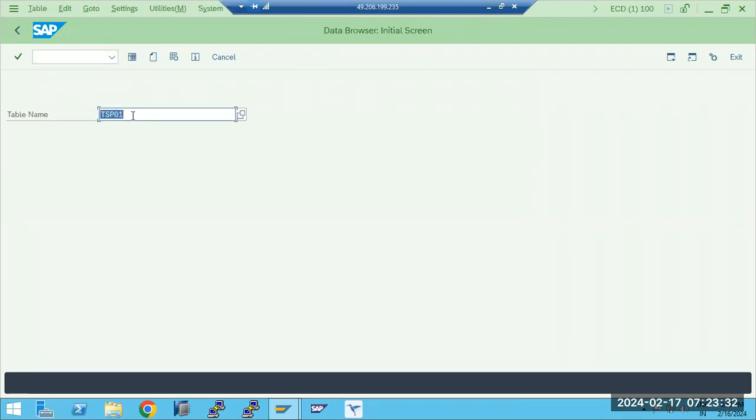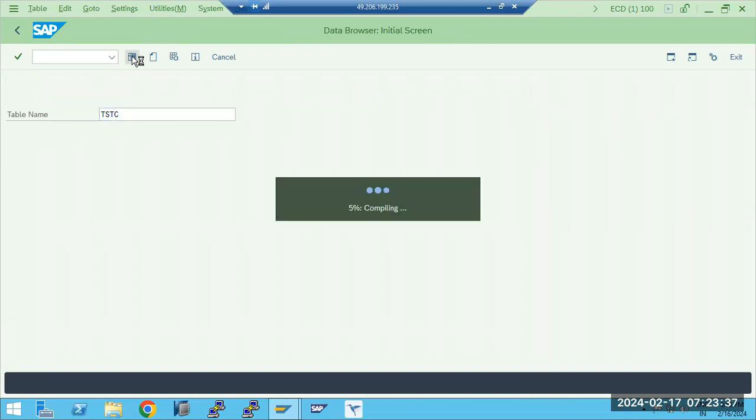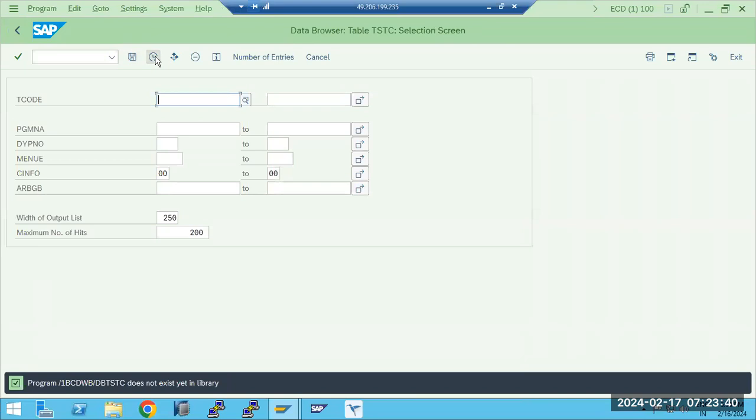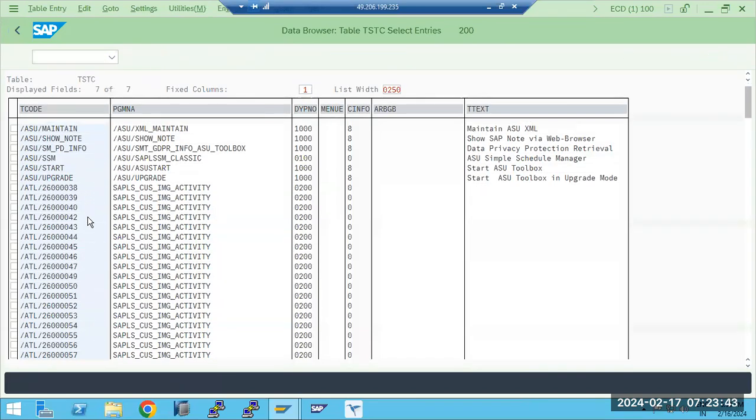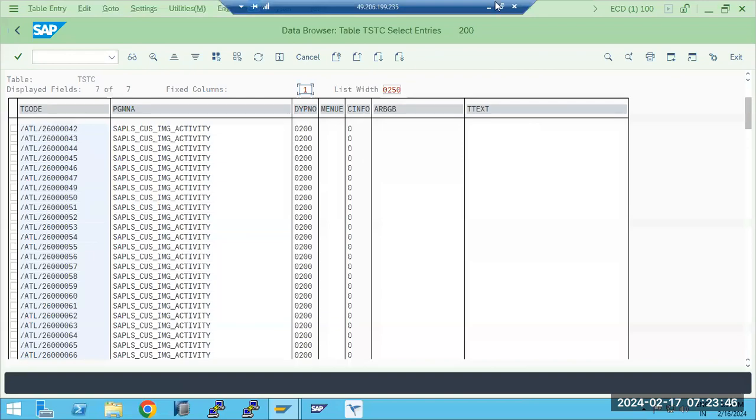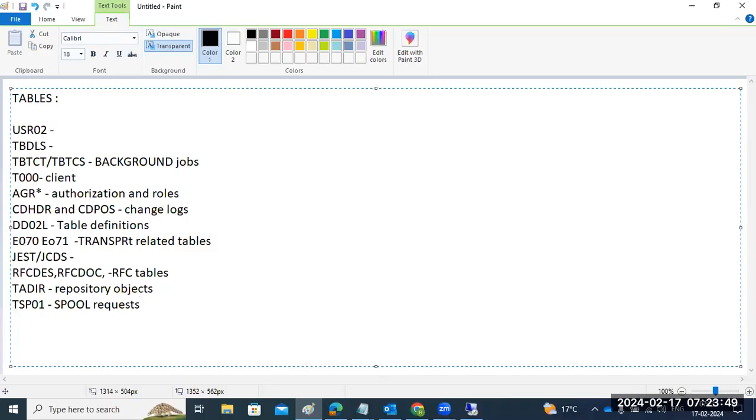One more is TSTC, the basis related tables. TSTC here, so TSP and TST03 are the spool tables, and TSTC holds the transaction codes, these basis related tables. Then USR02, we know USR40, that is fine. So like this, if I recollect some other tables,